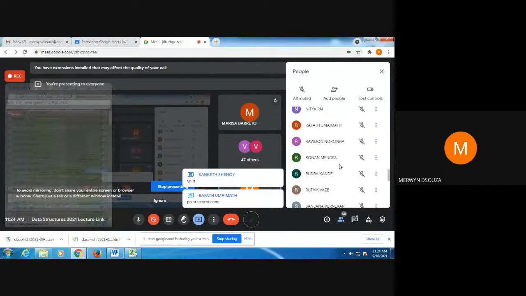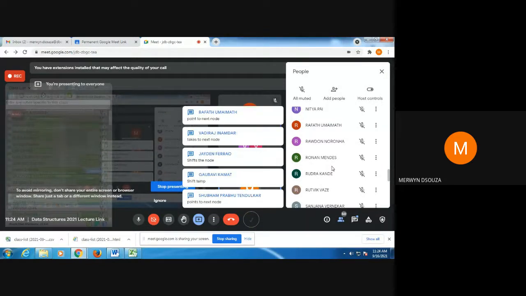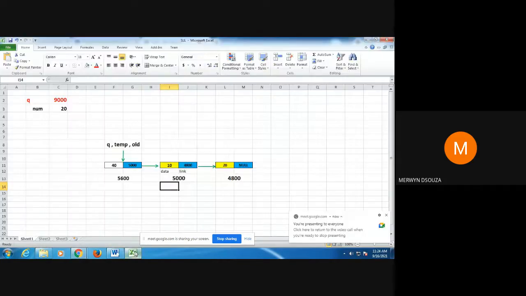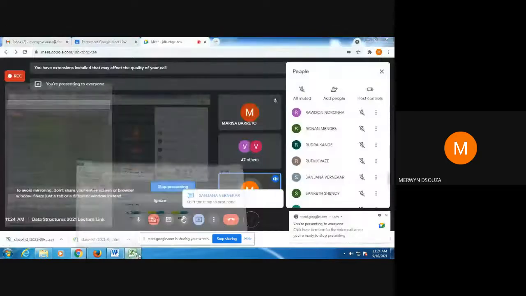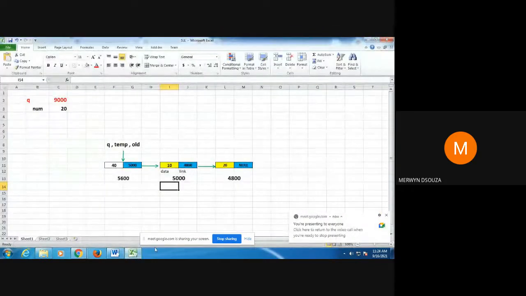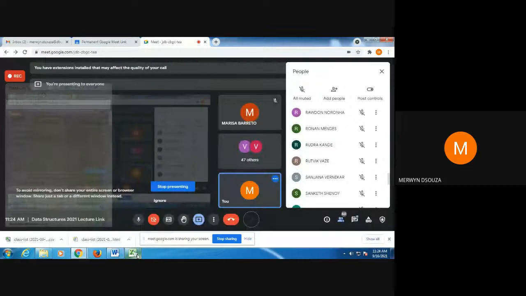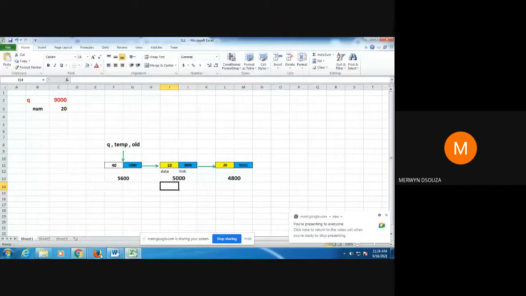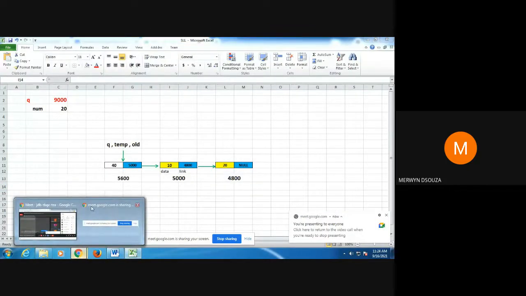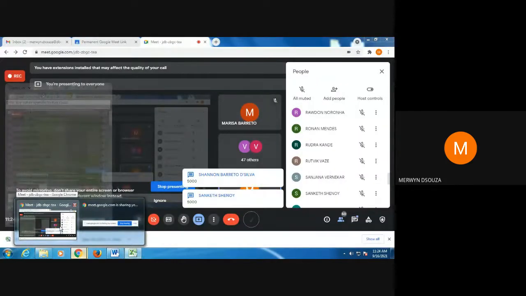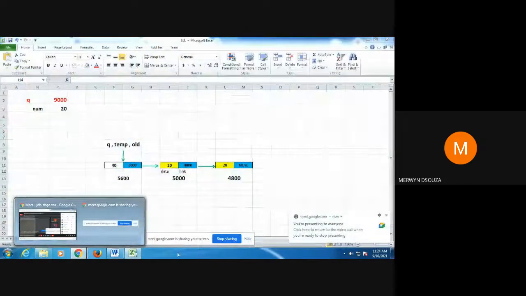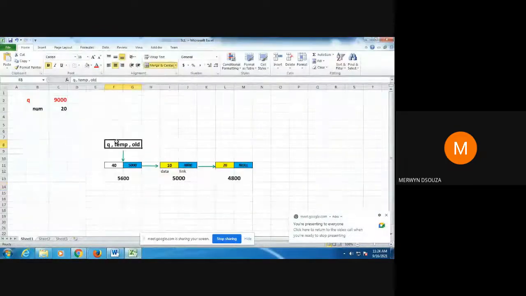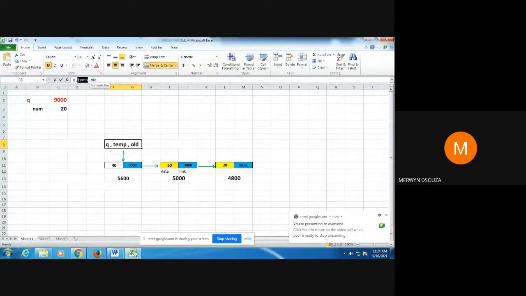Navin. Sanket. Okay. Points to the next node. Takes to the next node. Correct. Shift temp. Correct. Points to next node. Temp equal to 5600. That is not 5600. You can look at the diagram and correct. Temp will shift to which node? Temp will shift to the next node. Okay. Temp will shift to the next node with the address 5000. Correct. Okay. Good. You are understanding. The temp will shift to the next node. Temp will come here.